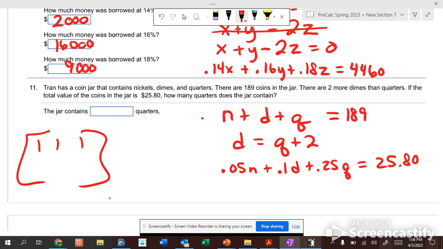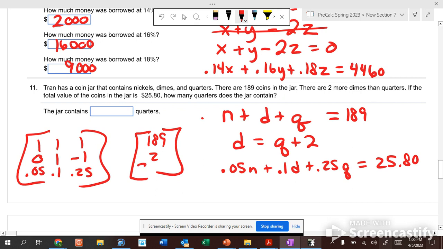You type those matrices into your calculator. 1, 1, 1, 0, 1, -1, 0.05, 0.1, 0.25, and your B matrix will be 189, 2, and 2580. Because on this one, you say D minus Q equals